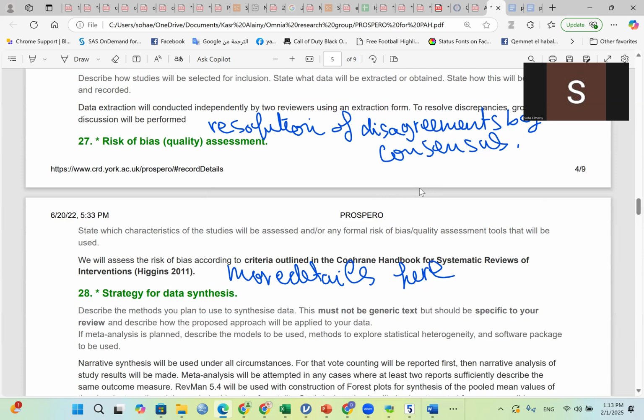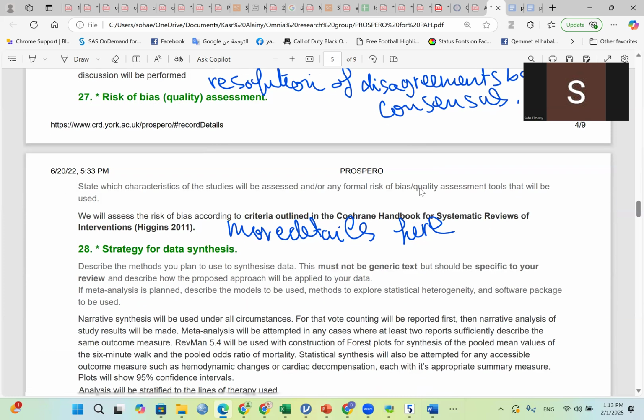And there is actually a handbook of systematic reviews published by the Cochrane Collaboration. And there's a very, very useful website. You need to name the exact tools that you are going to use, and it's perhaps better to mention more than one and to say you're going to use either this or that. And don't forget that there are tools for randomized control trials and there are specific tools for observational studies.